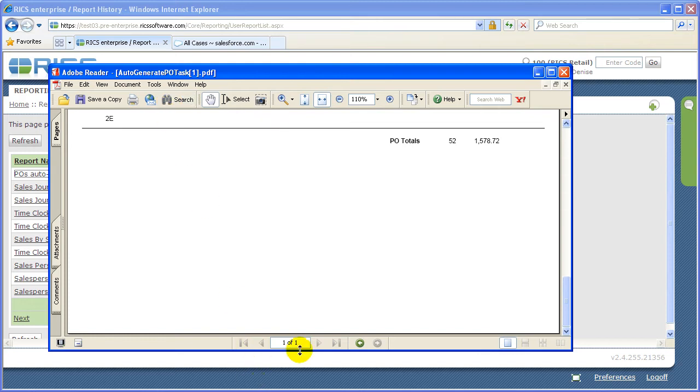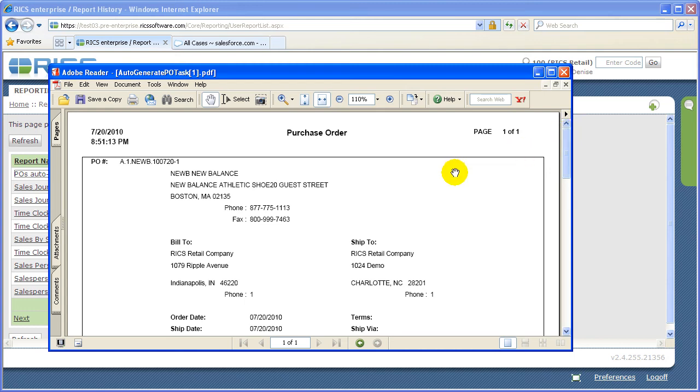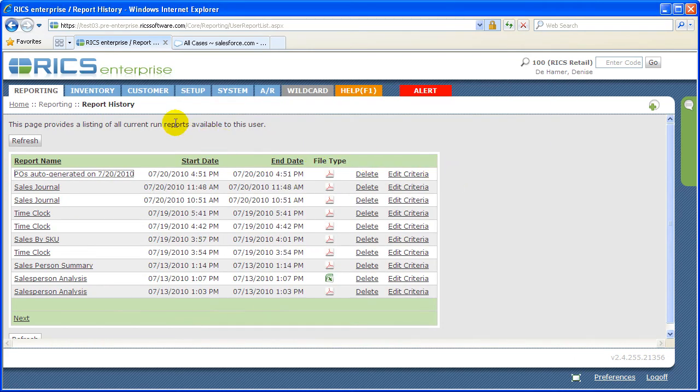Down at the bottom, this happens to be only one page, but if you had multiple pages, you can click next page, previous page. You can go to the last page. You can go to the first page, or you can just use the scroll up and down to go through the report. And then if you ever wanted to bring that purchase order up and look at it, modify it,